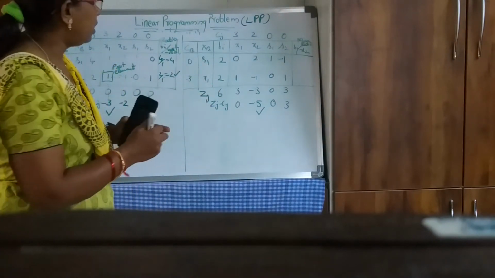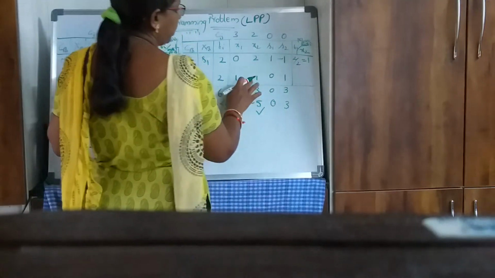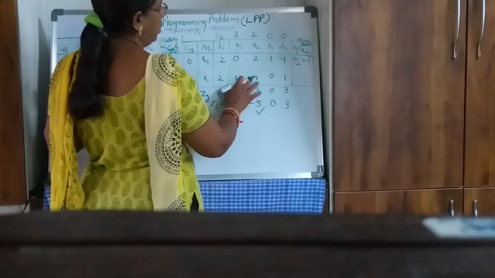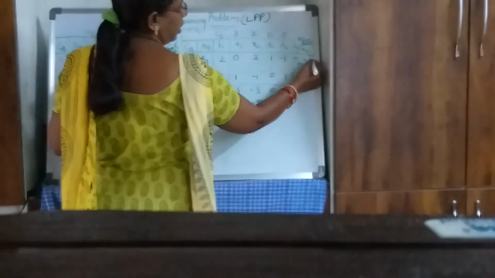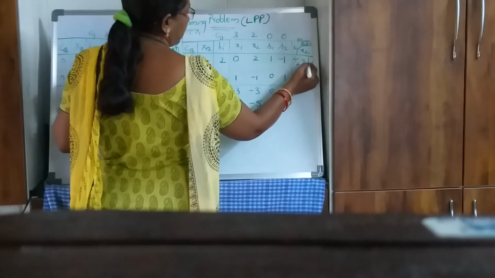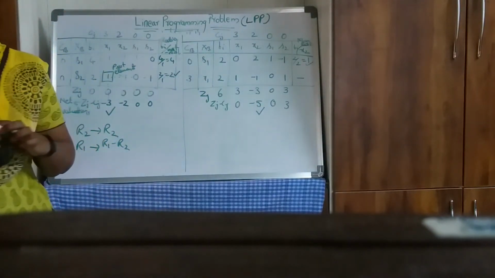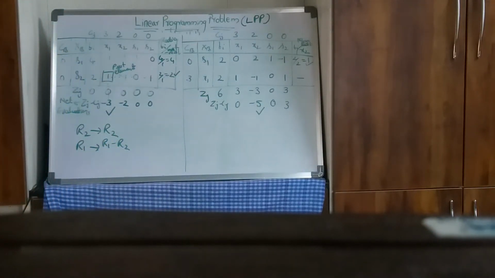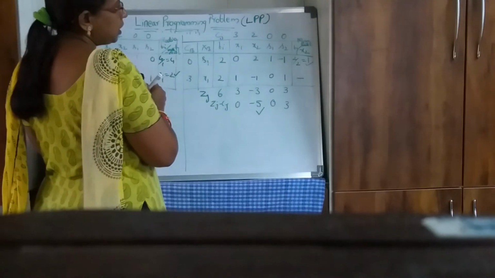zeros. So here I have 2 by 2. So this is 1. Again I have a negative value here, 2 divided by minus 1. So don't do that. Don't find that ratio, just put it blank. Now I have only this ratio, so which is minimum, put a tick mark. Now this tick mark is corresponding to which variable? S1. Now S1 should leave the basis, and in place of S1, what should I write? Which will come in place of S1? X2 will come. So here S1 will leave the basis and X2 will enter the basis. And what is the pivot element here?